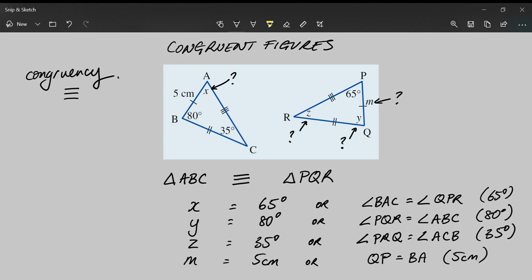So hopefully that helps you with congruent figures, making sure that they are identical. Key takeaway is that you need to make sure that you are corresponding the correct angle, the correct side, with both of the figures that you're